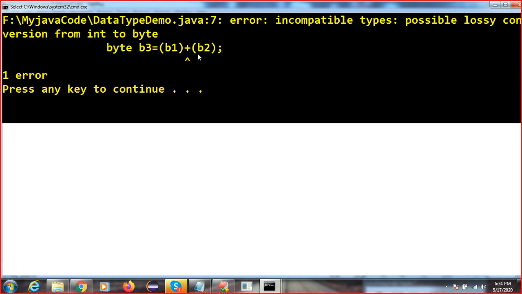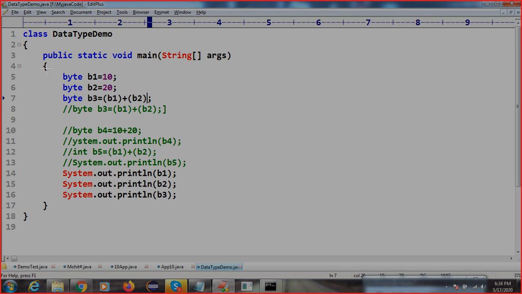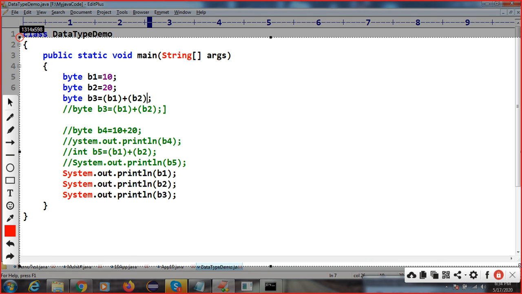My question is why this error is coming. Anyone having any idea why this error is coming? See what happened here. This is 1 byte, right? 1 byte of memory will be allocated.